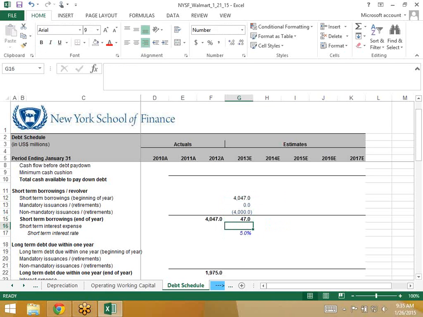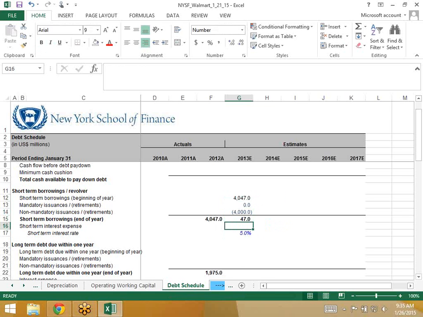But if I paid down that $4 billion on, let's say, December 30th, then maybe for the majority of the year, I didn't have $47. Maybe for the majority of the year, I had $4 billion, and for one day in the year, I only had $47. Timing becomes an issue, and so what we do generally, because we don't know exactly when these paydowns occur, we just average the ending balances from the year before and the current year as an indicator of just